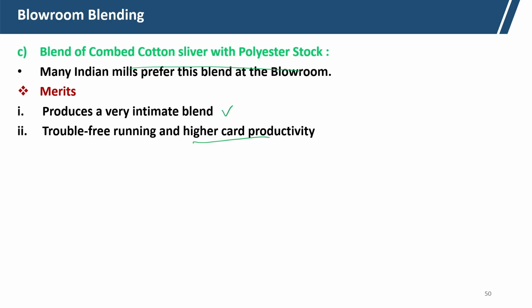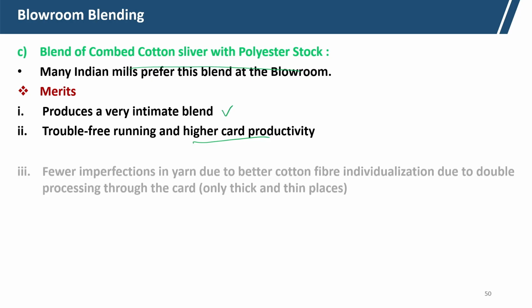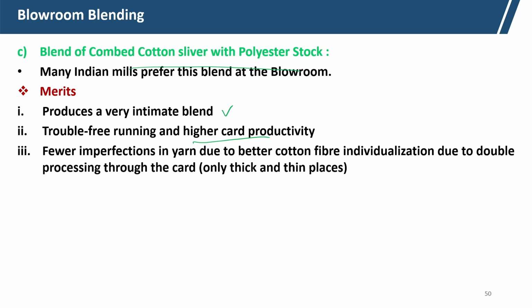So, short fibers are not there. So, it will be trouble free, fewer imperfections, because already the combed cotton is there. So, better cotton individualization due to double processing in the card. So, cotton fibers are opened and individualized very nicely,